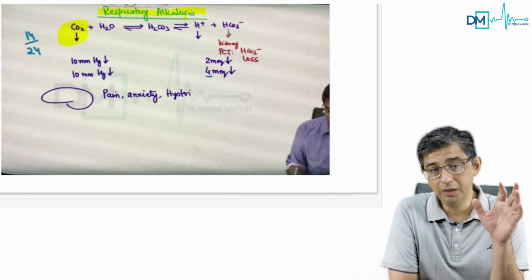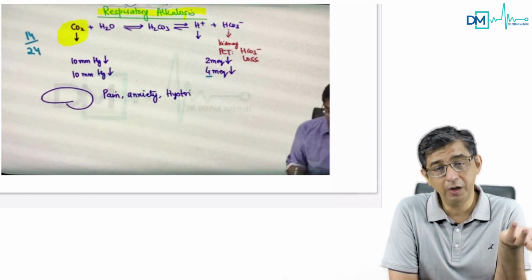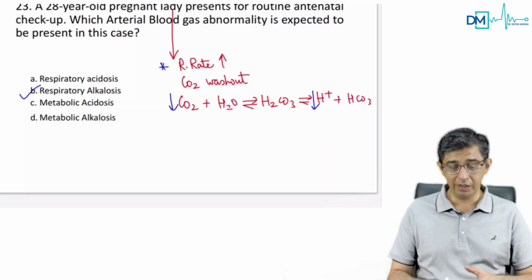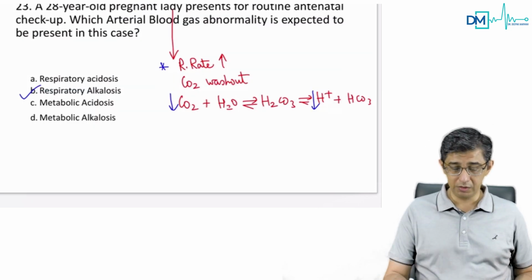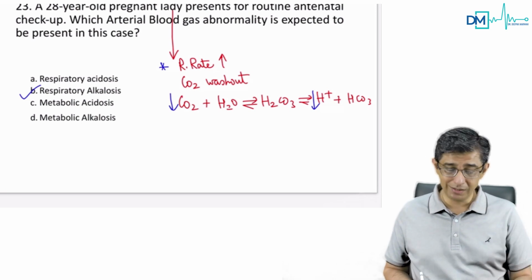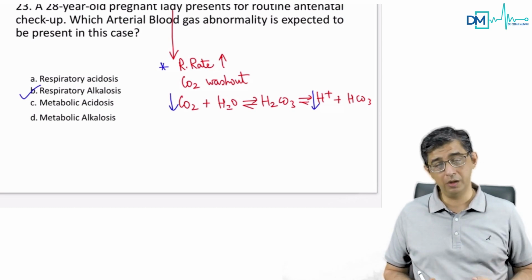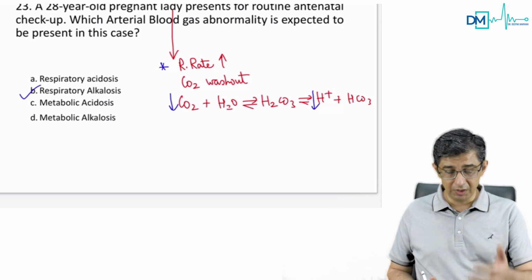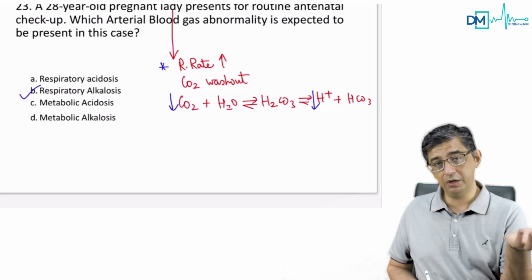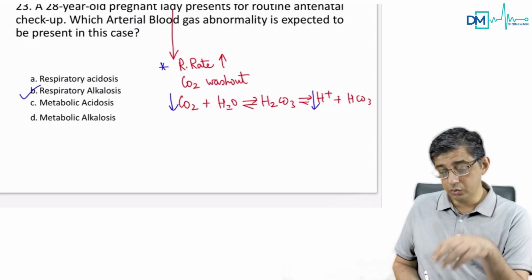You would understand very basic data for it, and I've just put a snapshot from there. I've described respiratory alkalosis, respiratory acidosis, metabolic alkalosis, and metabolic acidosis. The bottom line is hyperventilation causes carbon dioxide washout. Less carbon dioxide causes fewer protons, so respiratory alkalosis. In status asthmaticus, there's a buildup of carbon dioxide, so there's a respiratory acidosis, and there are various permutation combinations which can be remembered. Like if in the same MCQ in December 2020 he says a pregnant lady with hyperemesis gravidarum, she's puking all the time, then there would be metabolic alkalosis. So just go through these abnormalities.